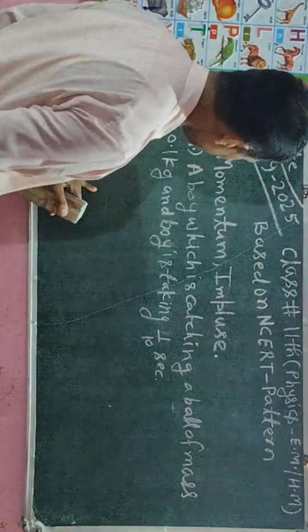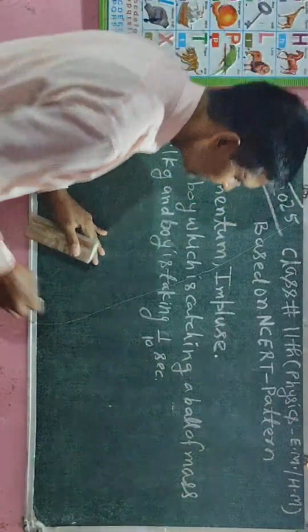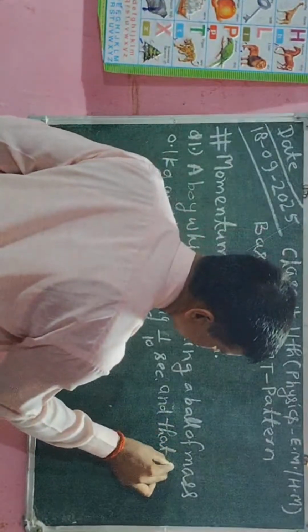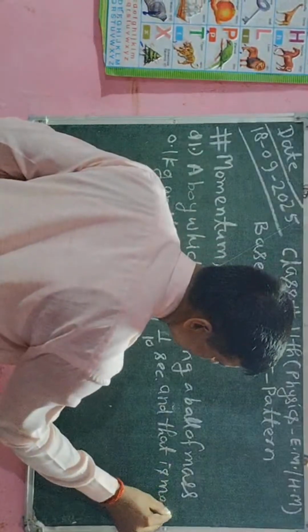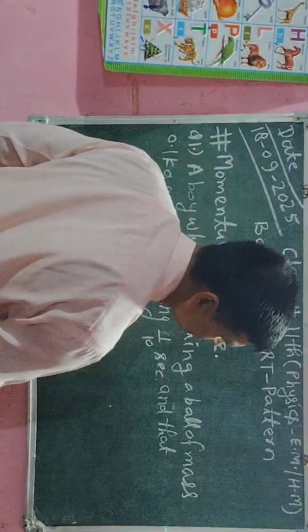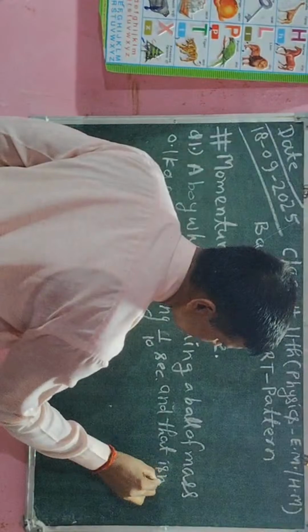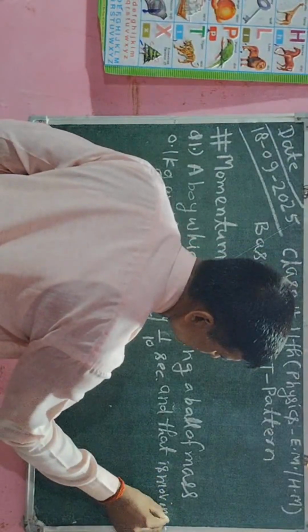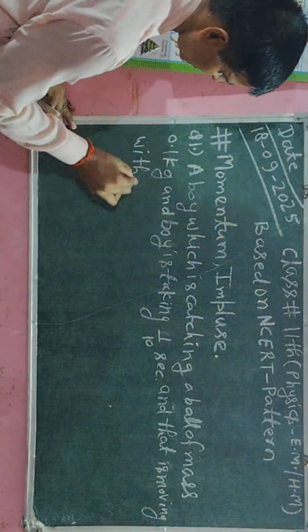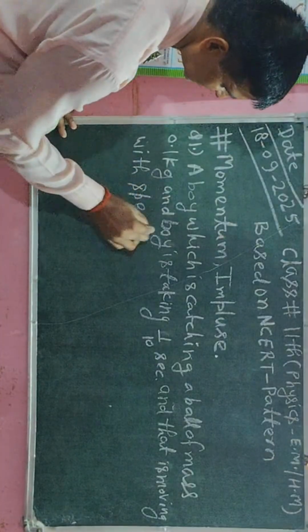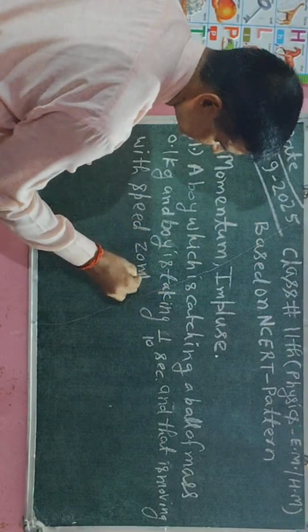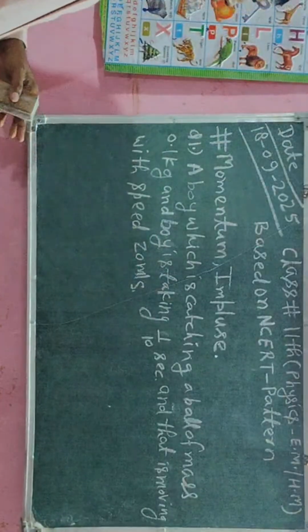and that ball and that boy is moving with speed. Here I have to write with speed 20 meter per second. So find the